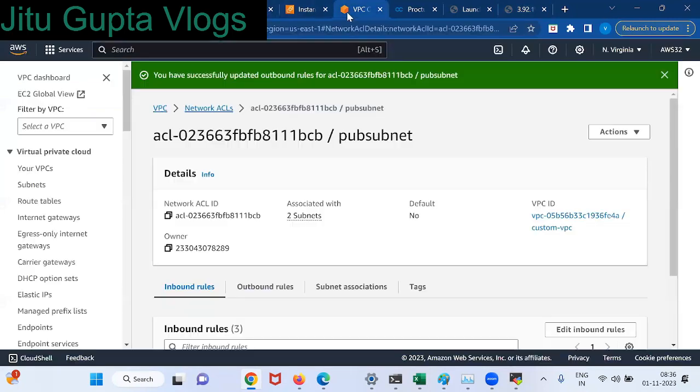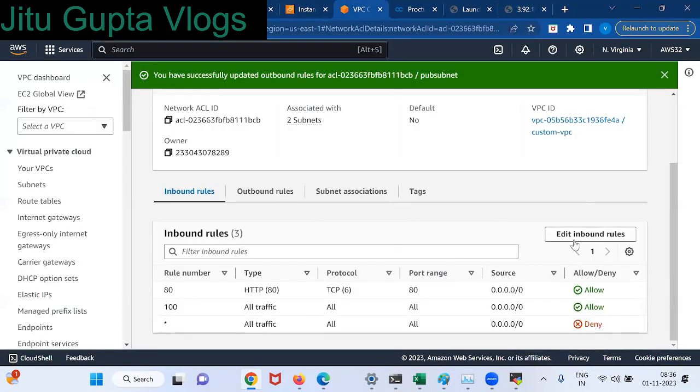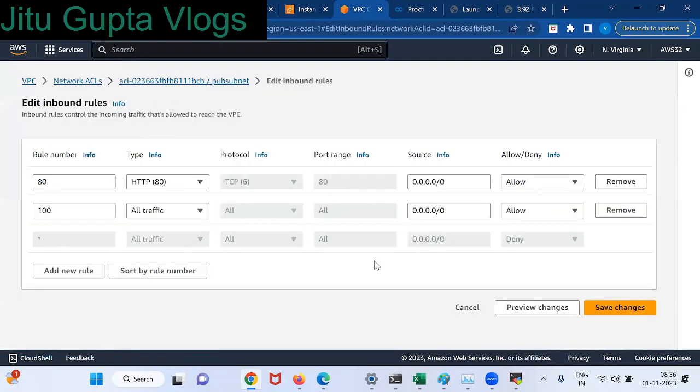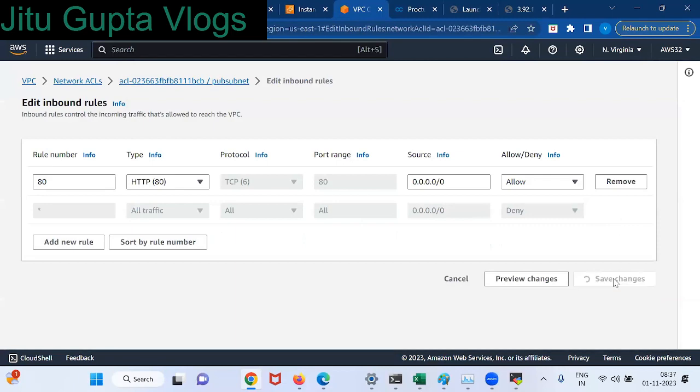Okay. So go to inbound rule. We'll just remove all traffic now. Now if we deny all traffic, it will not work, right? Now remove. Save changes.